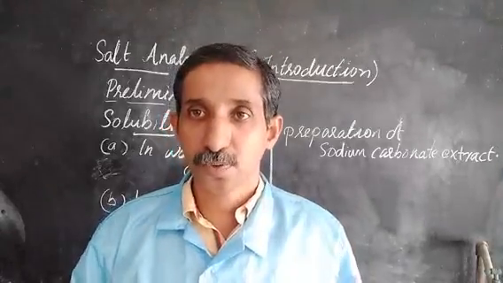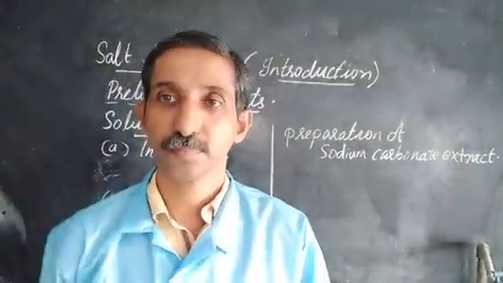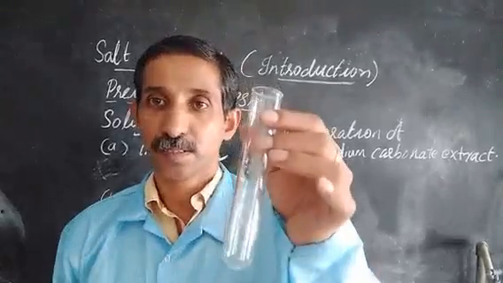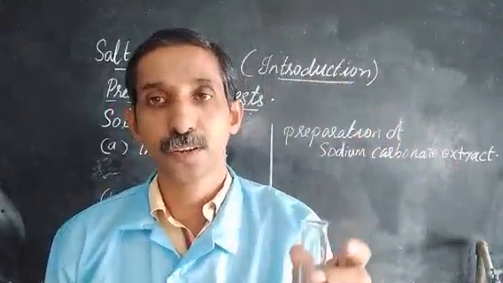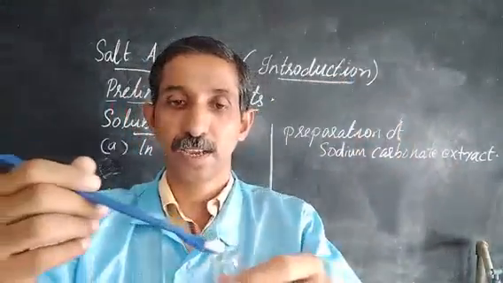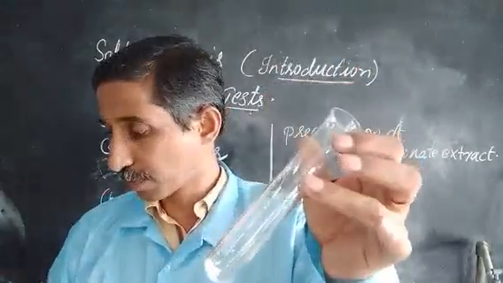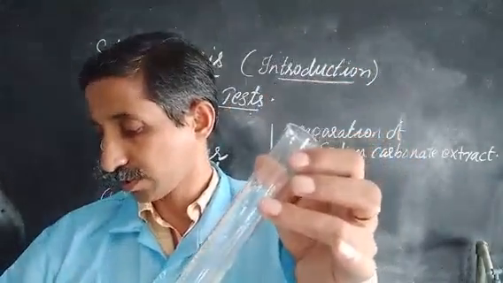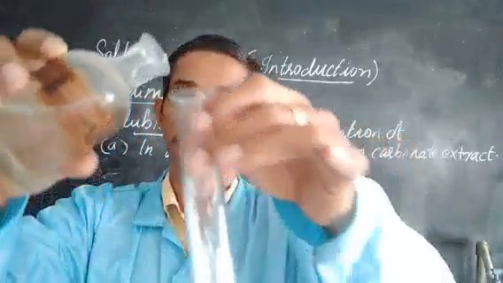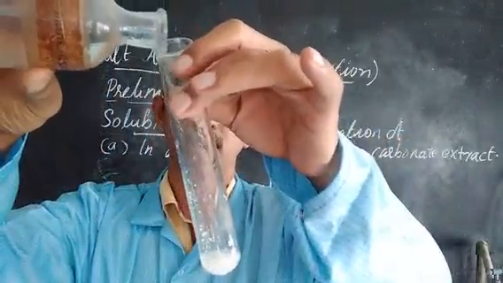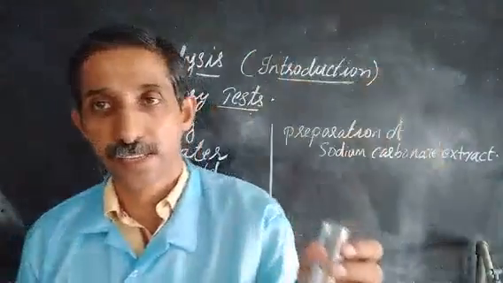That is what I am going to perform now. Just watch. So here you have a clean boiling tube. A test tube can also be used. Now this is salt, a little bit of salt taken in the boiling tube. The next step is to add dilute sulfuric acid. Here you have dilute sulfuric acid. I am going to add it, and I have to observe if any immediate changes are there or not.